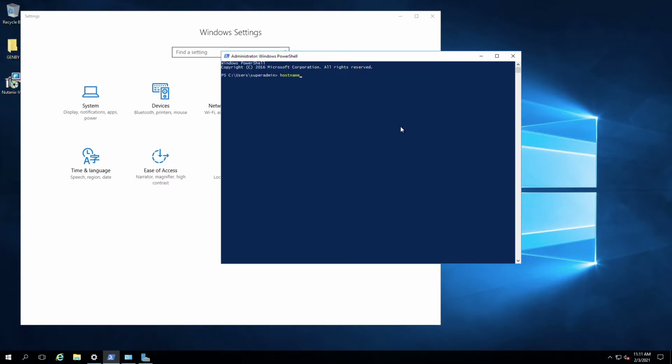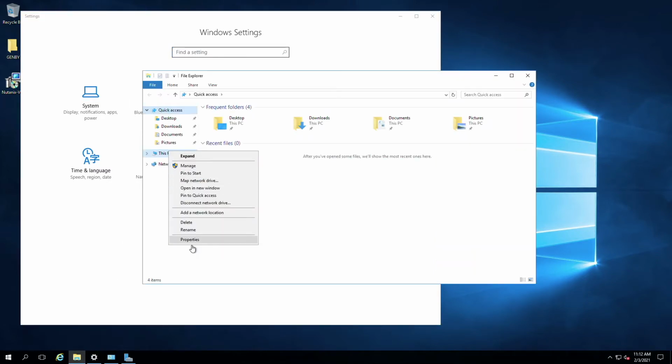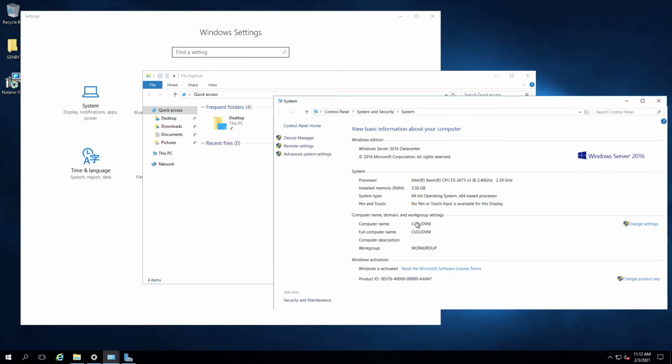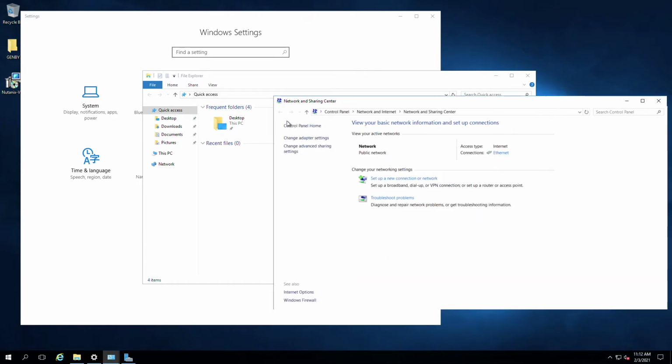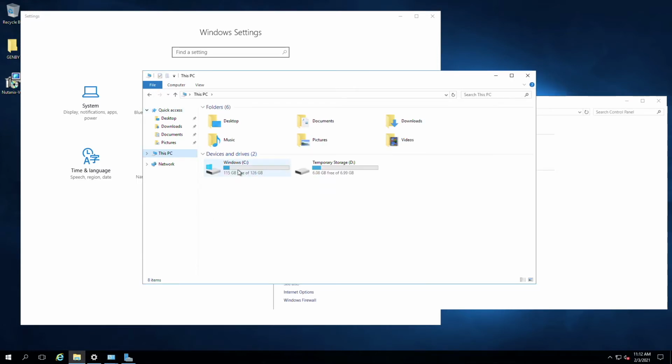I'm into the server right now. I'm going to check the host name. The host name is Cloud VM. Okay, and I'm going to see some other settings of this VM. I have two disks in this VM, and if you see the properties you will know my computer name. It's Cloud VM and it is in the workgroup. Okay, and I'm just going to show my LAN IP address as well. This is my LAN IP address. This IP address belongs to my Azure VNet,